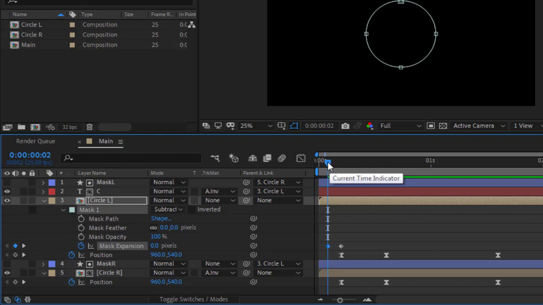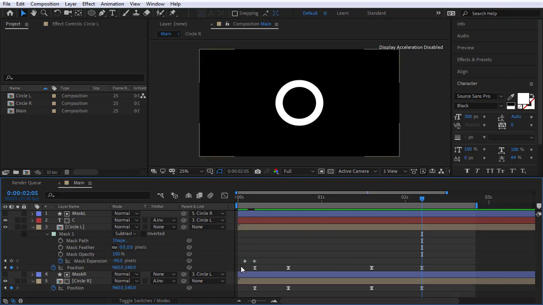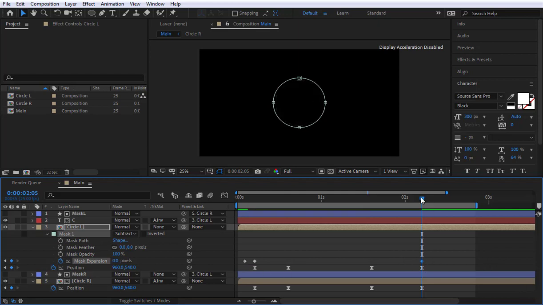Okay guys, so the magic is all of course in here. As you can see guys, it just starts from 0 to something and then it grows, and I just want it to disappear as well. So let's go ahead and copy this very first keyframe, paste it right in the end, come back few frames, and let's go ahead and copy and paste this as well. Copy and paste, and as you can see guys,